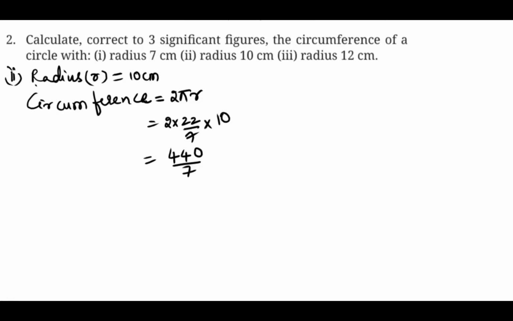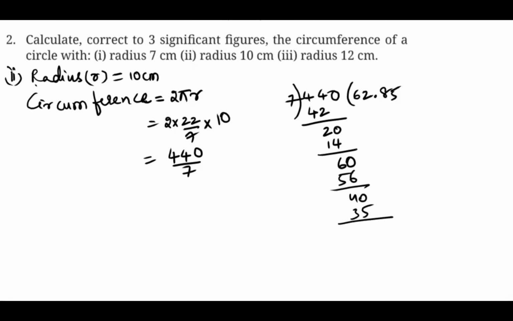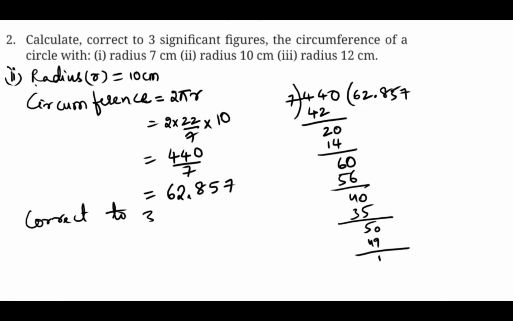Okay, so if we divide this, let's divide here. So after dividing, we got 62.857. But we need to stop it up to 3 digits, 3 figures. Okay, so let us write correct to 3 significant figures